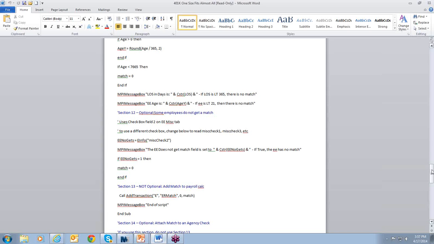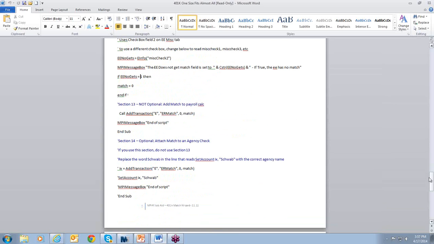Now the last piece of the equation is, okay, we're done. We've done the math, we've determined who gets it, we've trimmed it, we've limited it, etc. And now we're ready to apply it to the payroll.